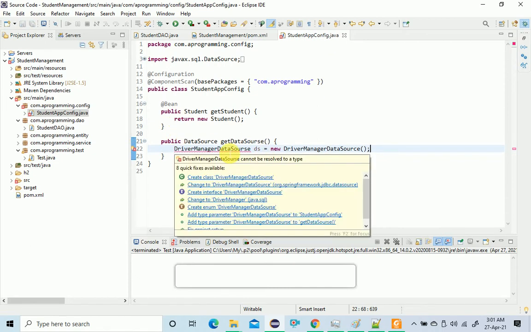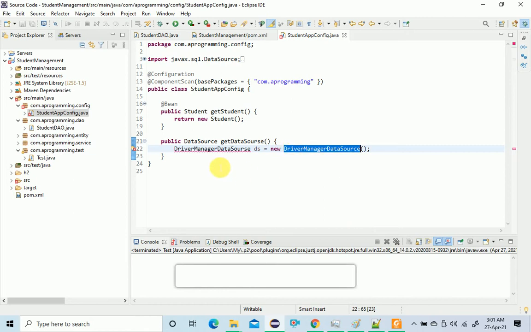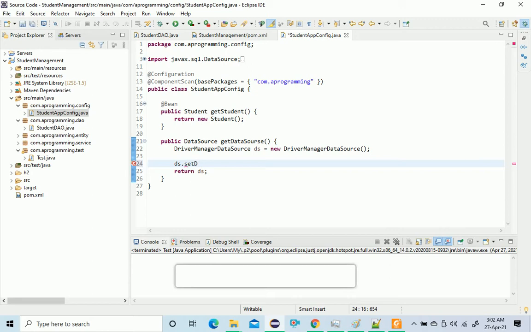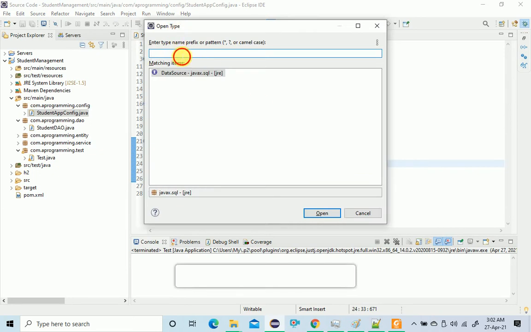DriverManagerDataSource. Seems it's wrong. Control V paste. Return this object, return DS, it's fine. Inside the DS I have to set some properties like driver class name, URL, username and password. To set the driver class name, double quotes, driver class name, press Control Shift T and here search